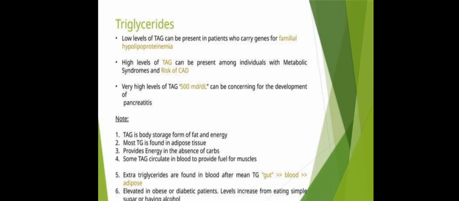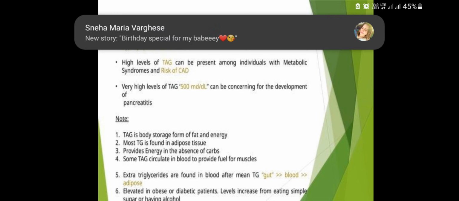Coming to triglycerides, low levels of triacylglycerides can be present in patients who carry genes for familial hypolipoproteinemia, which is a hereditary disease. High levels of triacylglyceride can be present among individuals with metabolic syndromes and risk of coronary artery disease. Very high levels of TG, more than 500 milligram per deciliter, can be concerning for the development of pancreatitis, that is, the inflammation of the pancreas. Note,